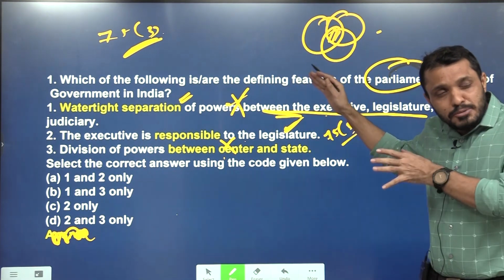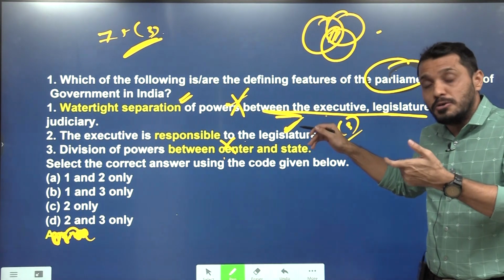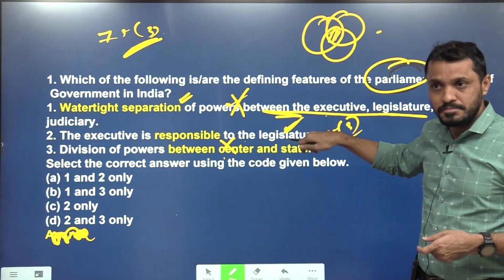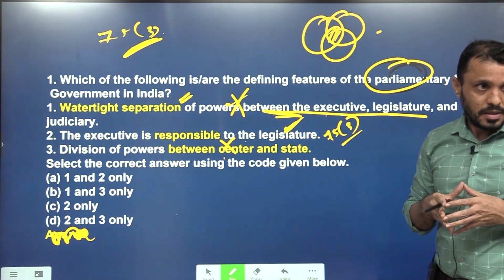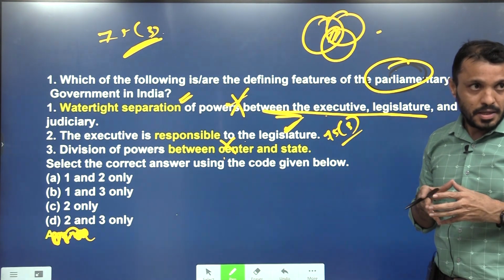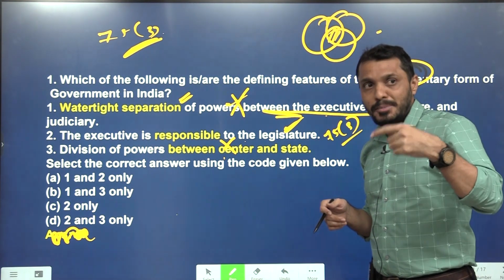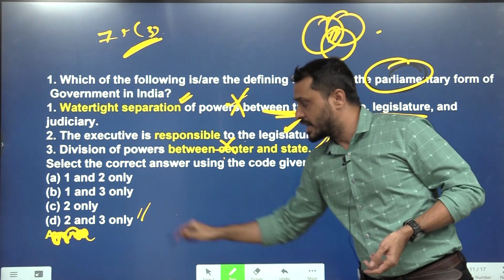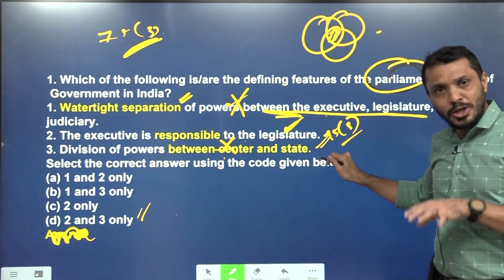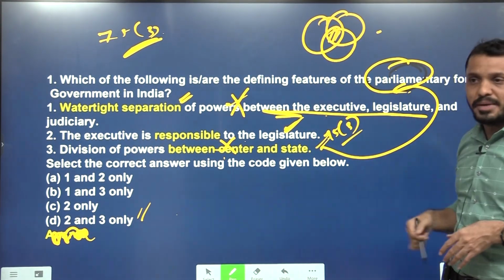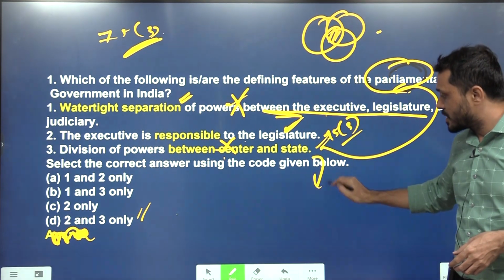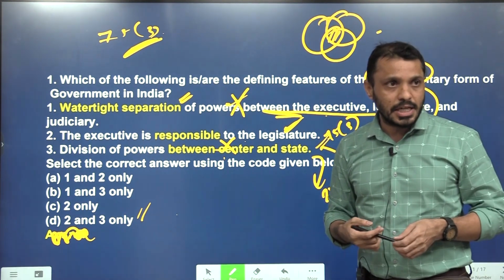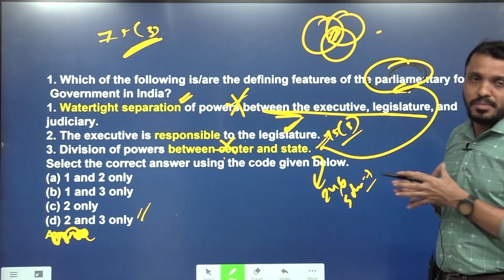That means in MCQs, sometimes an individual statement might be right, but it may not be related to the question. This is one type of questioning, and this is where most students get troubled. Students have a habit of looking at each statement individually. They say, yes, this is right, so 2 and 3 both are right, and they go for D. The third one is isolatedly right, but it is not related to the parliamentary form of government. It is federalism: Article 246, Schedule 7, division of powers between the center and state. We will discuss more. This is how questions will be asked.